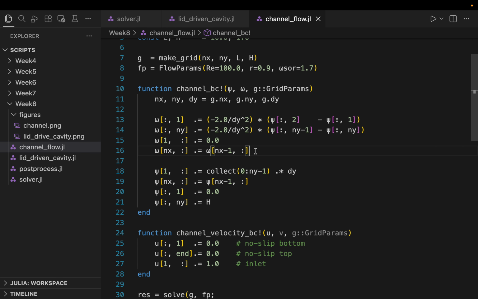Then we have psi given a linear function. What this collect does is it just creates an array from 0 to n minus 1 and then multiplies it with here. Then we have,